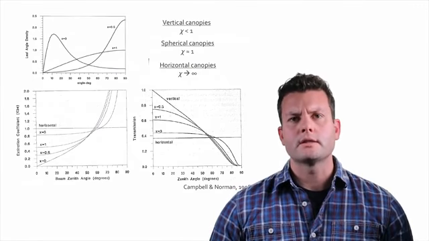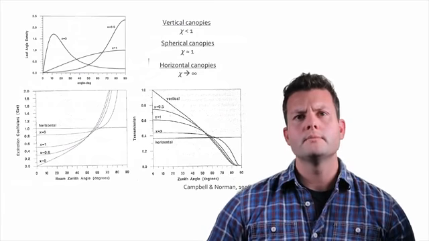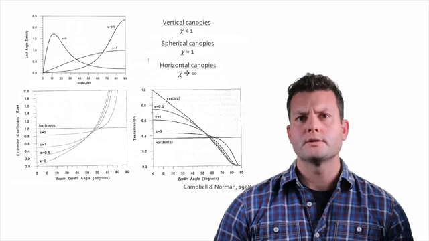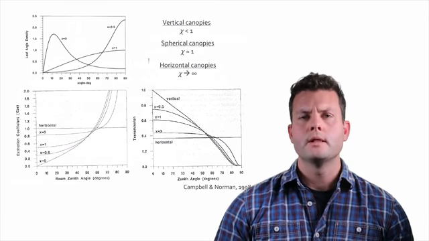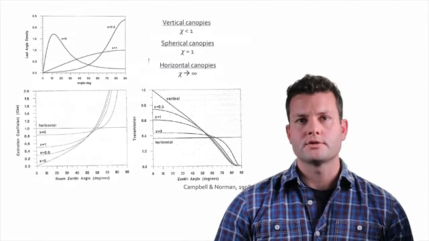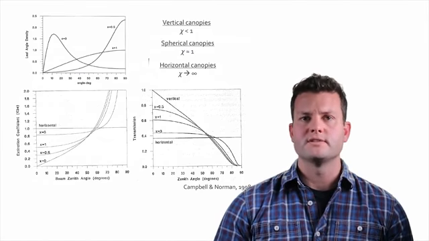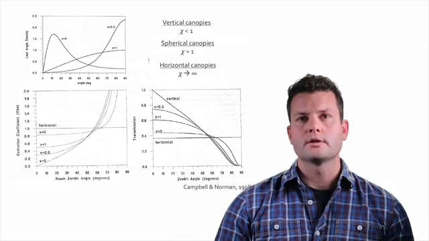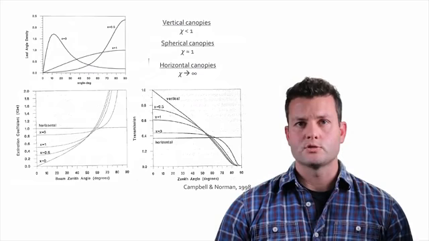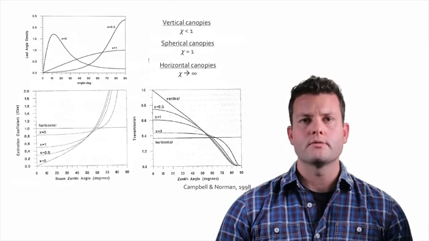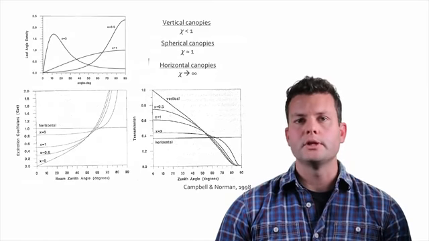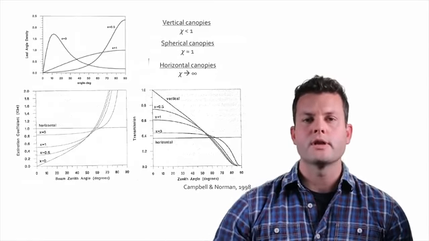So also to have a look at the figure on the lower right. This is actually looking at transmission relative to solar zenith angle. And again, you can see for the horizontal canopy, transmission is going to be the same no matter what the zenith angle is. And the other extreme, for vertical canopies, transmission is 1 when the sun is directly overhead, and it is almost complete. Well, it is complete when we have a very low sun angle,